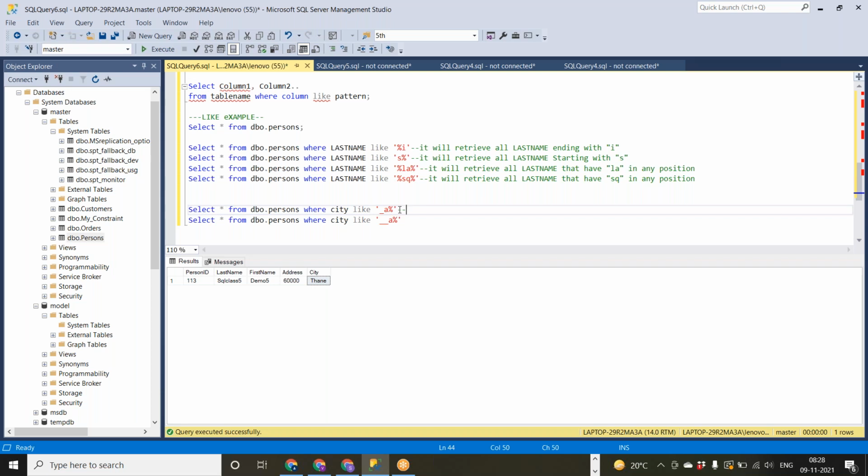I just mentioned it will retrieve all persons with city that have A in the second position.